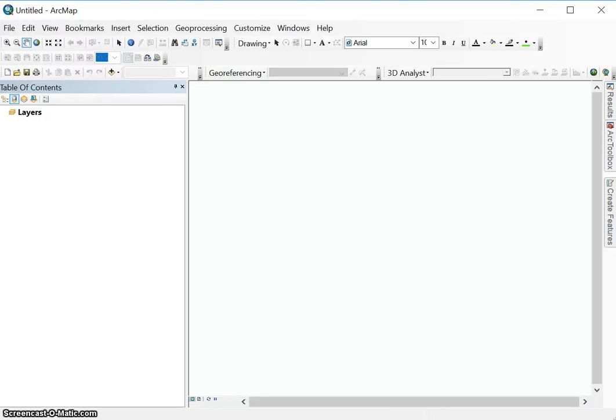Welcome to tutorial number 4, which is titled Data Exploration. In this tutorial, we'll mostly be looking at techniques that we can use to explore our data and extract information from our data sets. But another concept that I want us to look at is the concept of georeferencing, and that's where we will